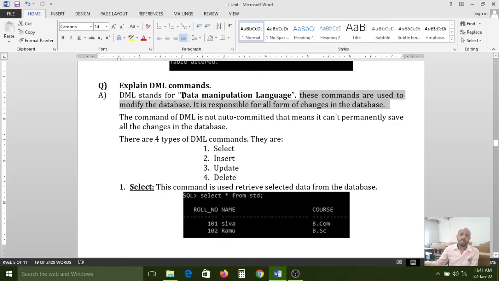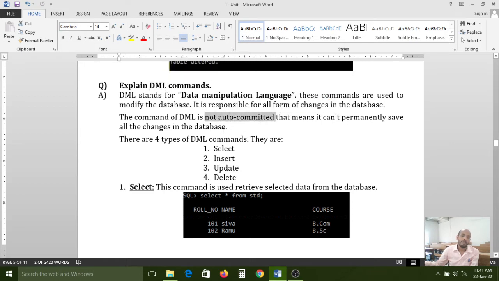DML stands for Data Manipulation Language. It is responsible for all forms of changes in the database. The DML commands are not auto committed. In DDL commands, by default, all commands are auto committed, but DML commands are not.